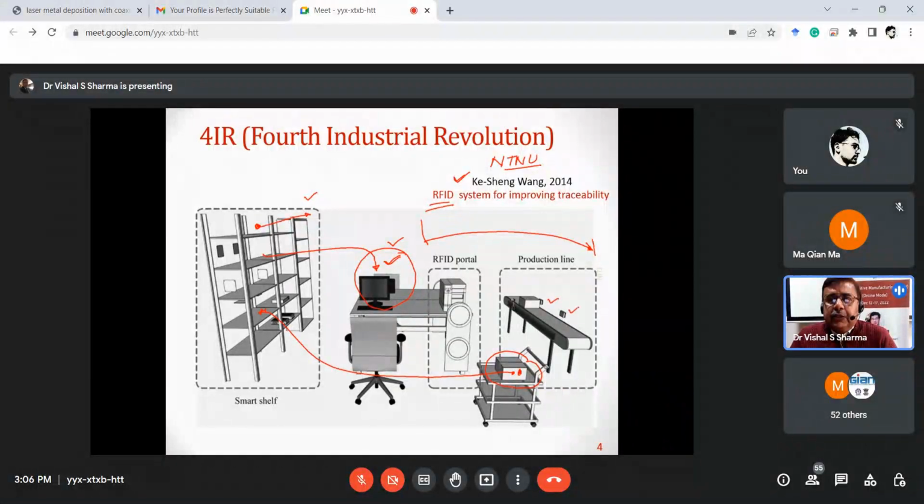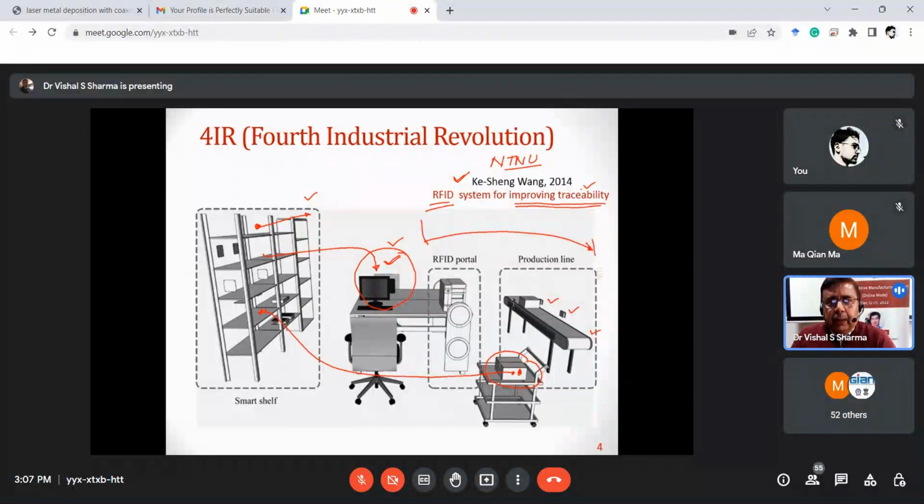At different locations, he had placed the sensors which would detect these RFID tags, and at any point in time, the work in progress could be monitored. So he developed a very nice setup there, developed for improving traceability of the parts in the shop floor. So I had an opportunity to see all these things there at NTNU University,